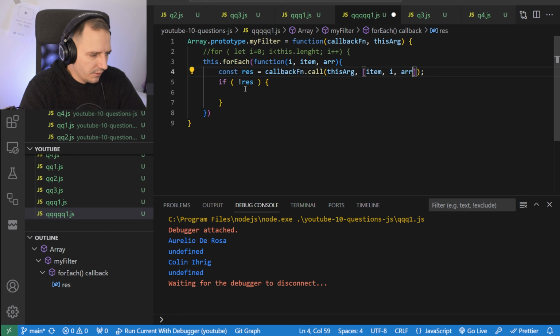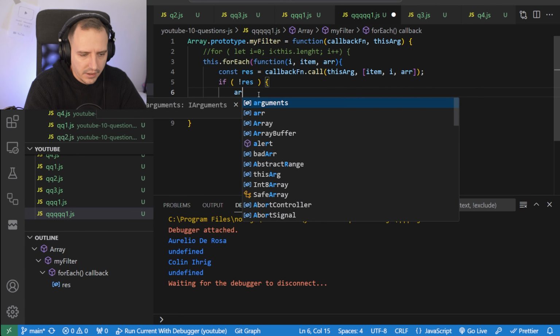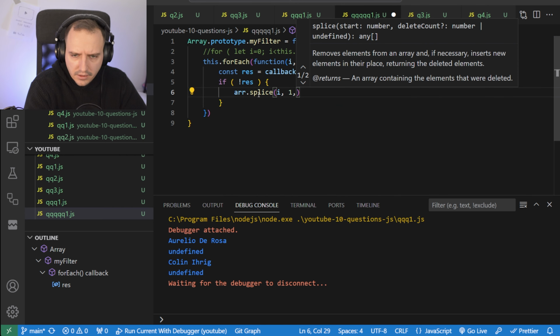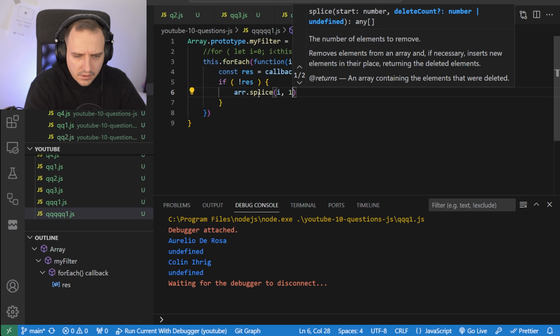If it's truthy, we don't do anything. If it's not truthy, then we take the original array and do a splice with a delete count on it. I think this is what we do, right?